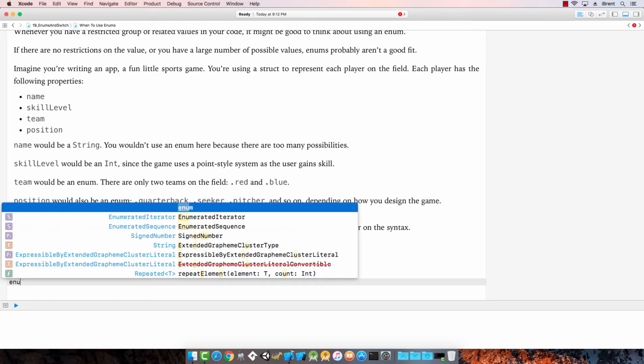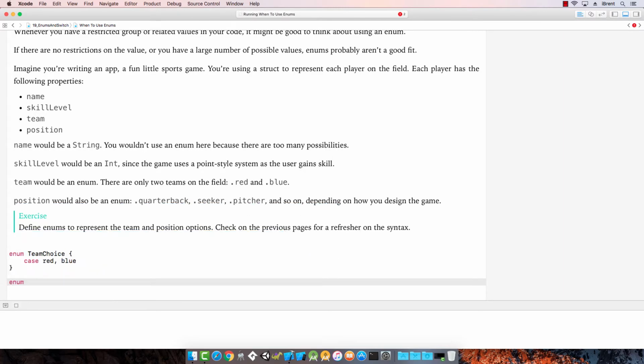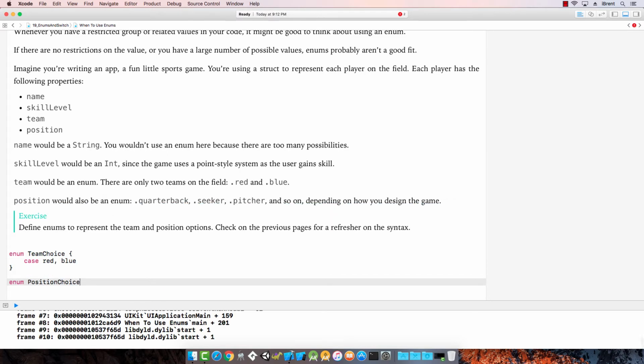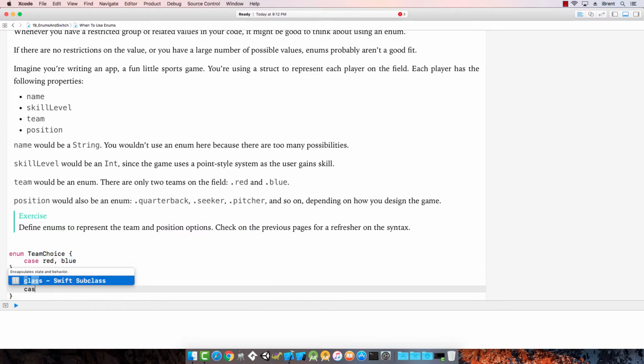And for position, we're going to say enum PositionChoice, and let's say case we have quarterback, seeker, pitcher,